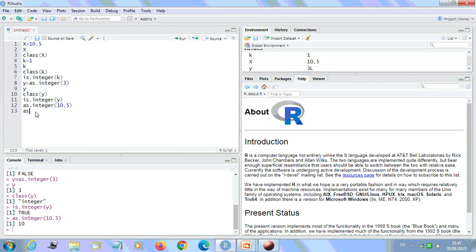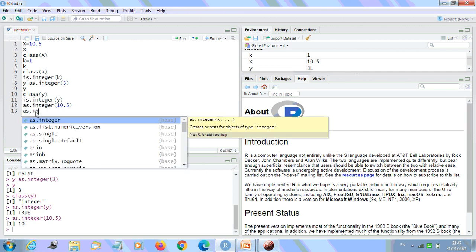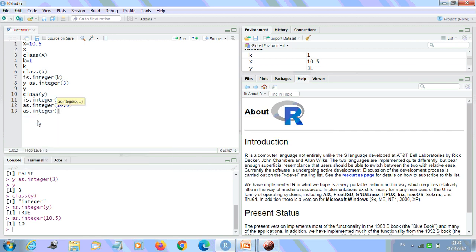Let's see. I will give a string kind of value, say 5.27. So 5.27 is a string. I am going to get 5. This is an integer. Again, let's try to understand one thing: if we give a non-integer kind of thing, it will not get converted into an integer.